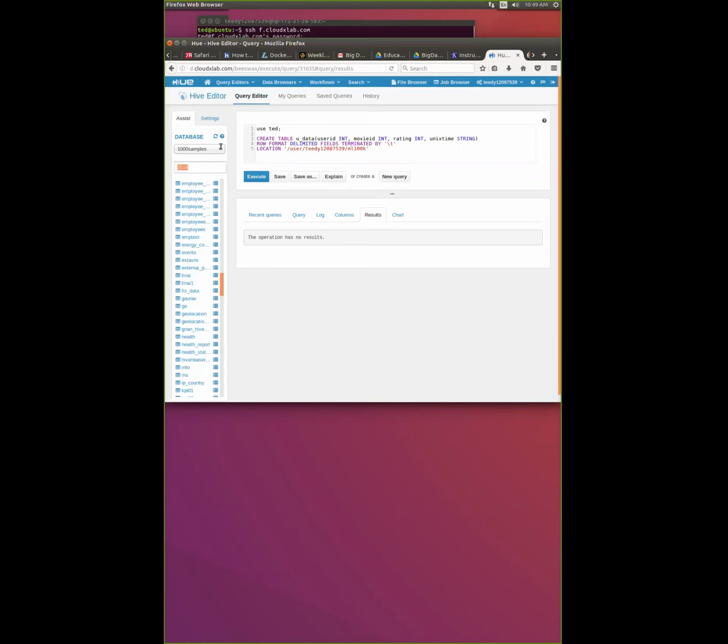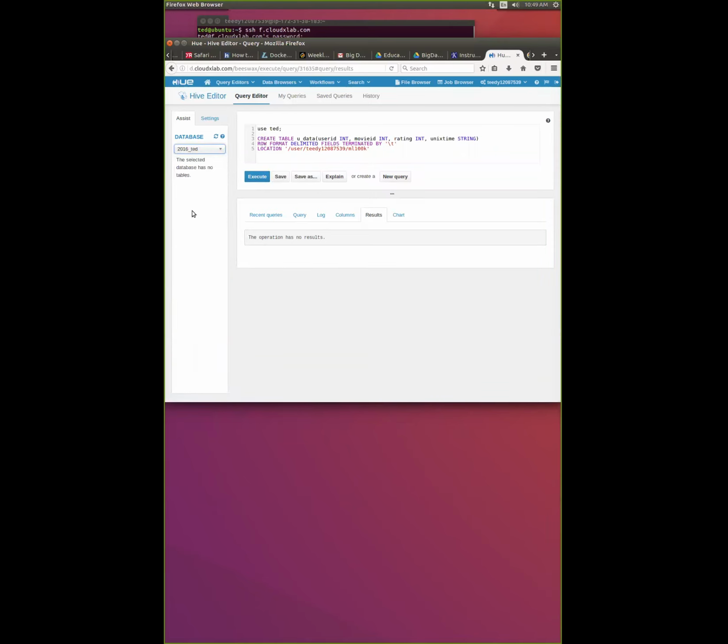Click on drop down. 2016 type 20. Now you'll have to create another table then. So you have two databases. So you remove the use TAD statement and then you'll be able to create there. You can select the database either by typing the command called use TAD or by using the dropdown.